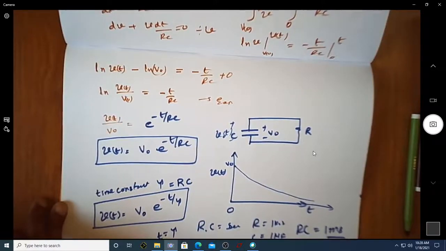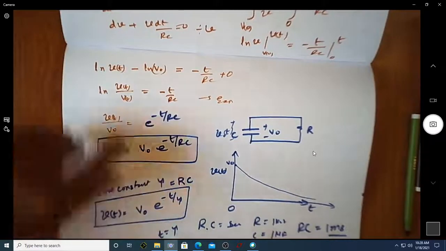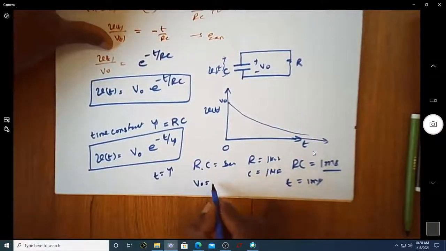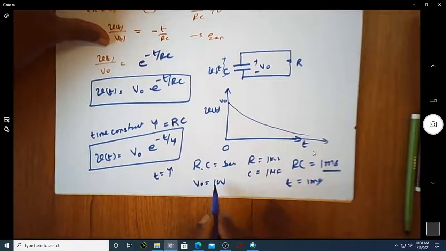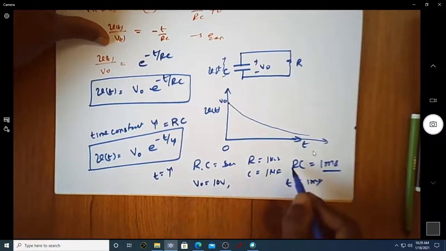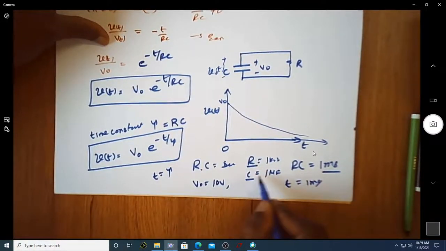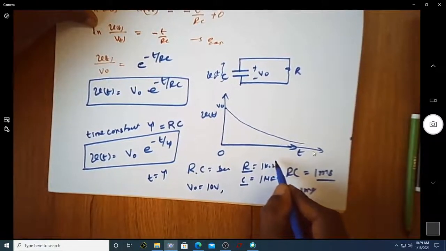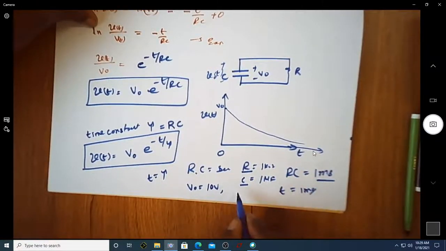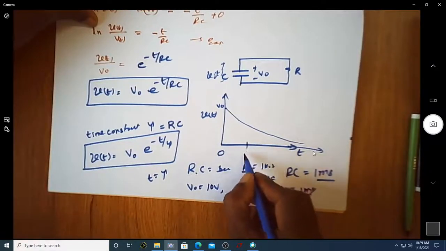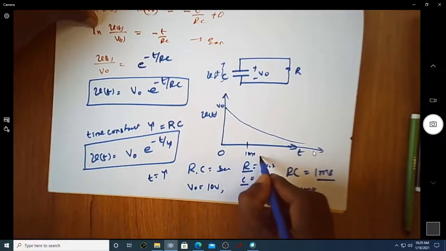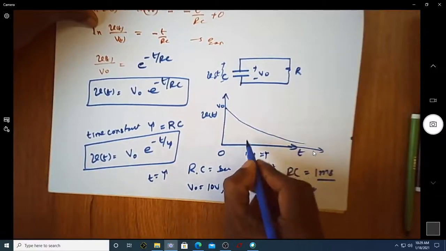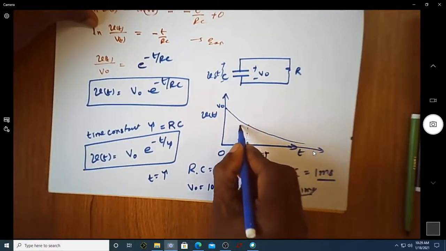So if t is equal to 1 millisecond, and suppose the value of V0 is around 10 volt, with R and C equal to 1 kilo ohm and 1 microfarad, at time t equal to 1 millisecond, which is equal to tau,